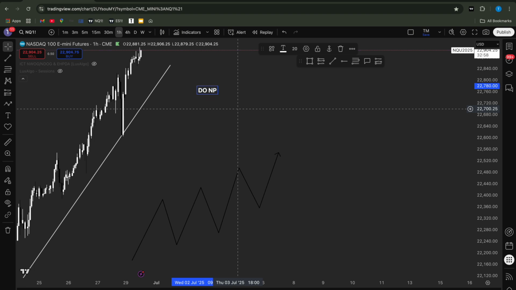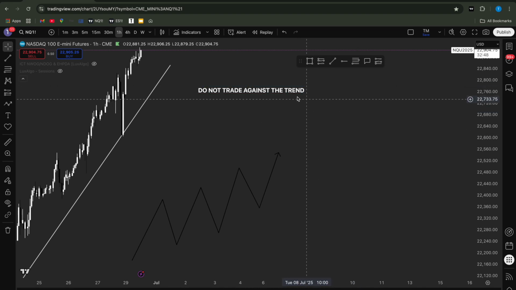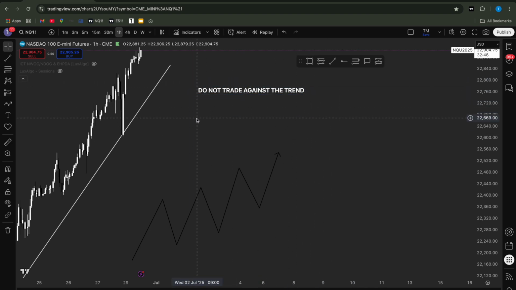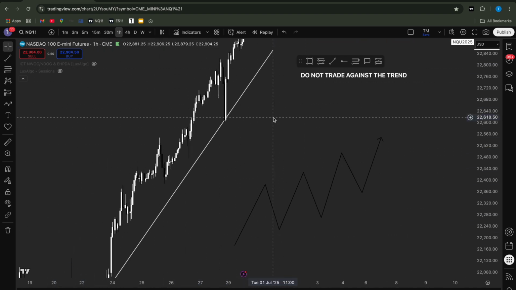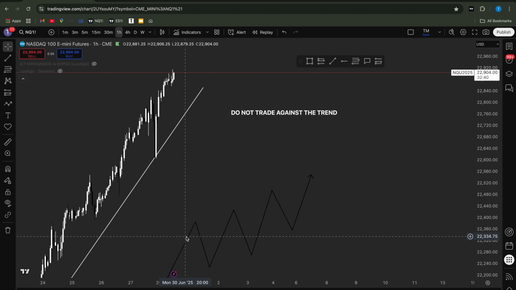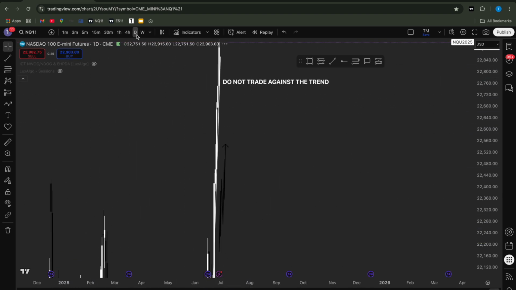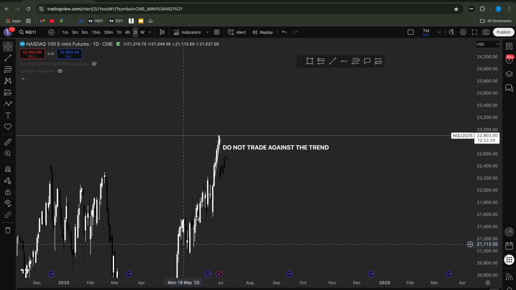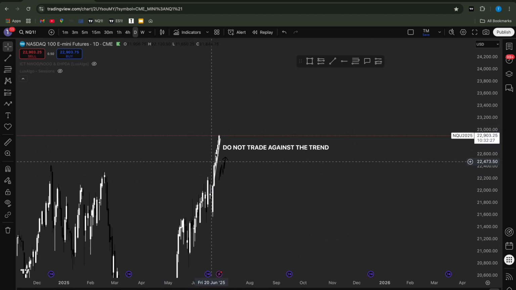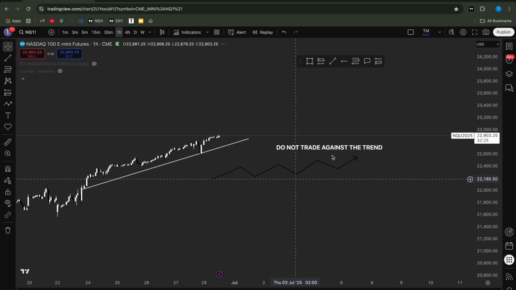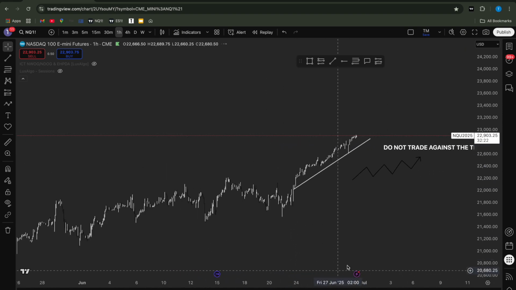Do not trade against the trend, especially when you're starting as well. Just don't trade against the trend. Identify the higher time frame trend, and you don't want to trade against it, especially if it's really strongly bullish like this. As you see on the 1 hour, we're extremely bullish. On the daily, extremely bullish. So especially when you're a beginner, you do not want to trade against the trend,